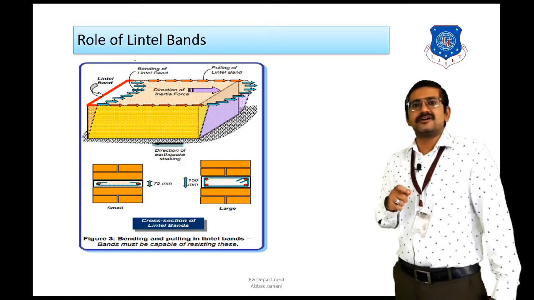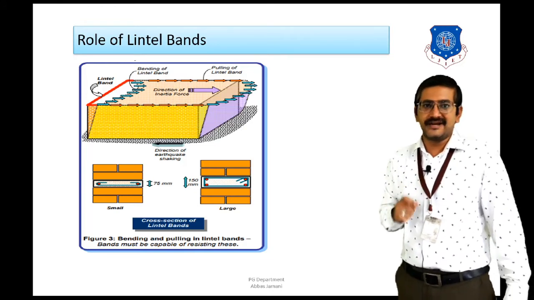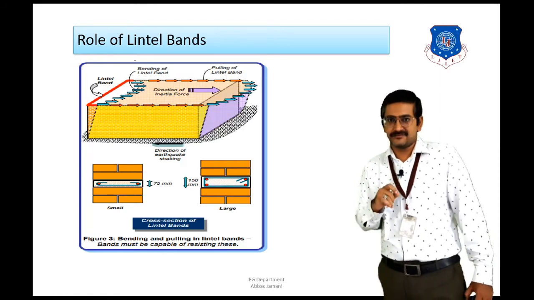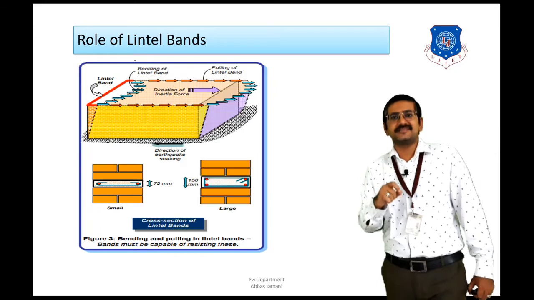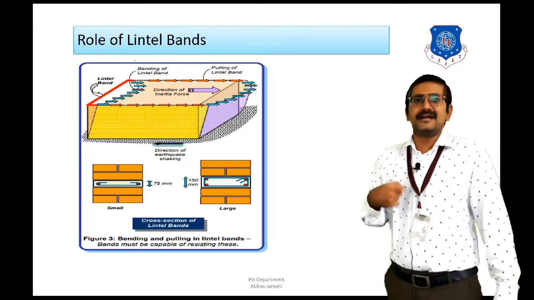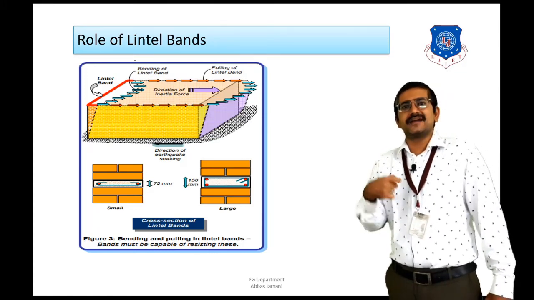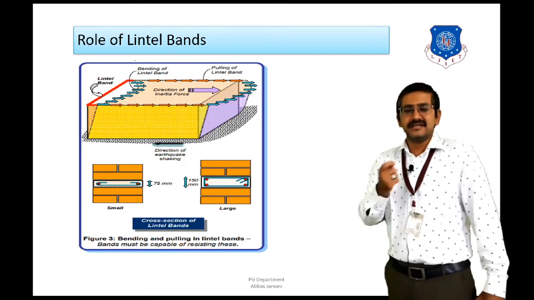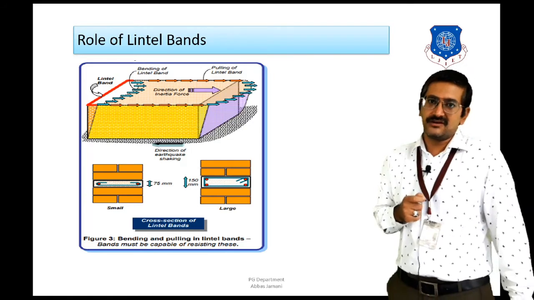However, these are not stringent guidelines, it will depend upon the design also. That is, you cannot just give 75 mm or 150 mm thickness. If the bending is more and the section is not able to resist it, then the section has to be increased also, right? Just like in the case of beams, we calculate the minimum depth required, and if it does not fulfil the criteria, then we increase the depth. Similarly, here also the thickness has to be increased if the criteria is not satisfied, and a thickness of 75 or 150 mm is not enough.